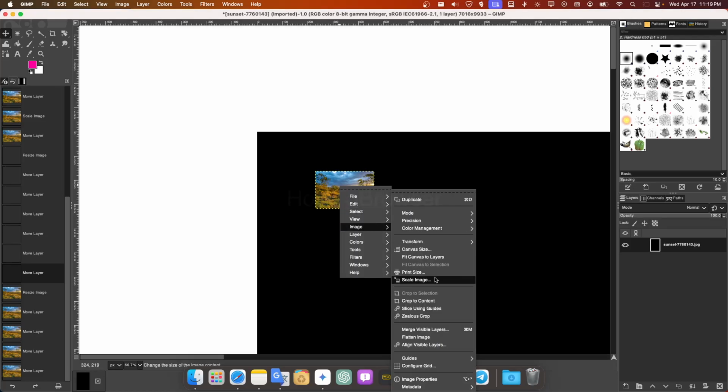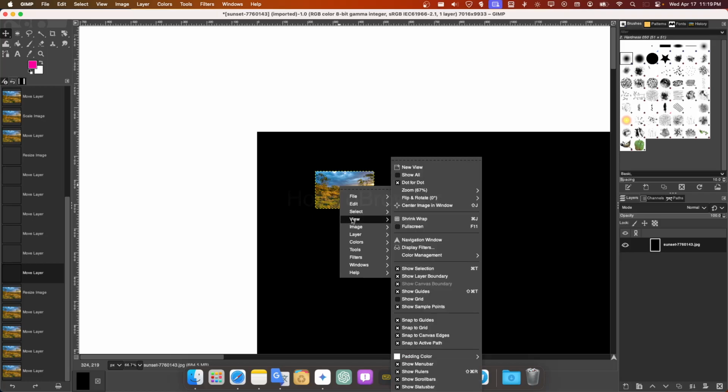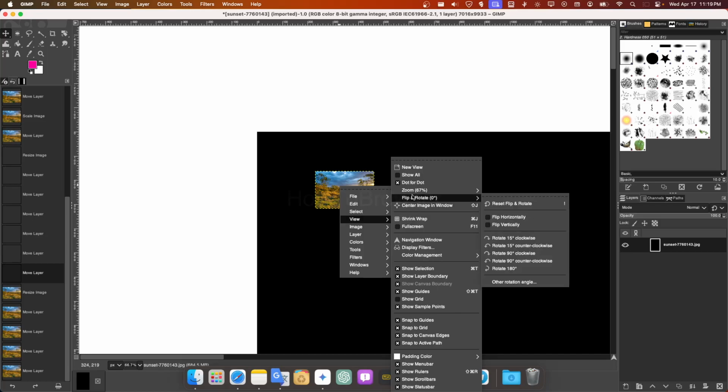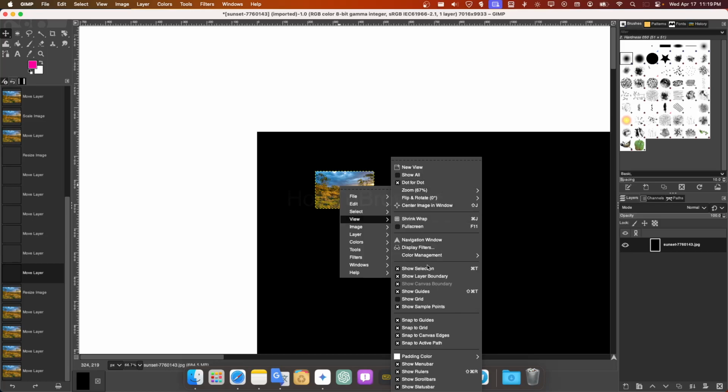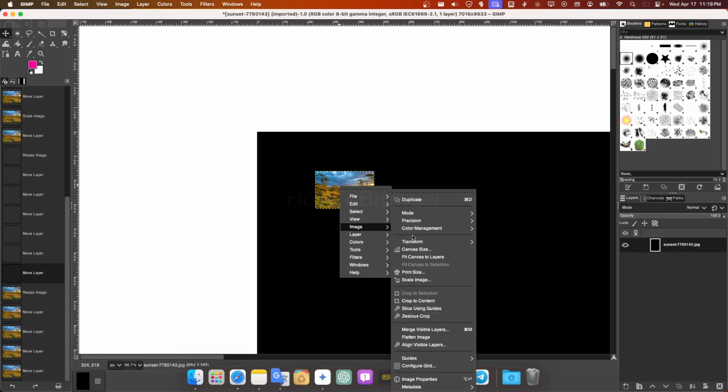just a shortcut. Instead of going there at the top, you can also go here, and you have a lot of options. You can center the image to the window, flip, rotate, zoom, and this is related to the image. You have crop, you have scale, you have fit canvas to layers, transform,